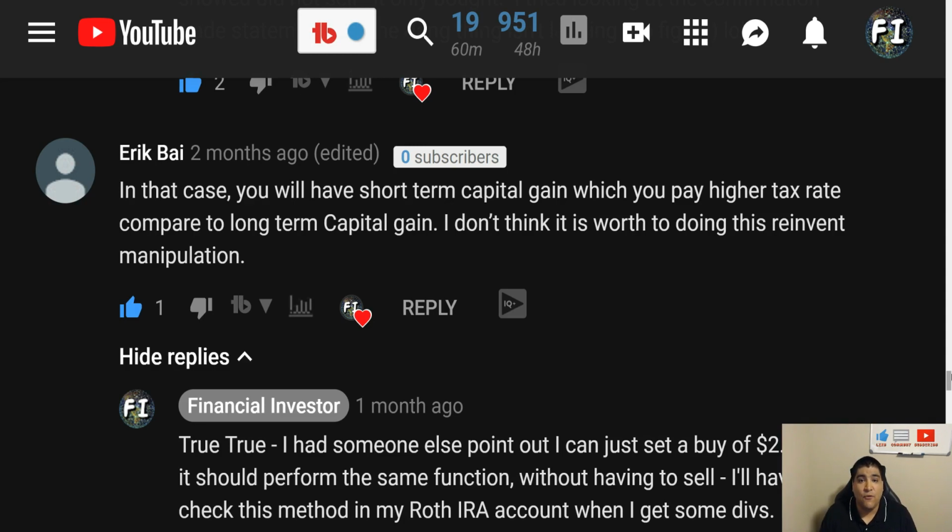If you actually perform the sale, you would have a taxable event. Whenever you sell a stock in a taxable account, you trigger a taxable event, meaning that you either captured capital gains or you have some sort of deduction. You've taken the loss and you're able to write that off towards the end of the year with your CPA. But in this case, again, I did not perform the sell, which we're going to take a look at here in just a second.